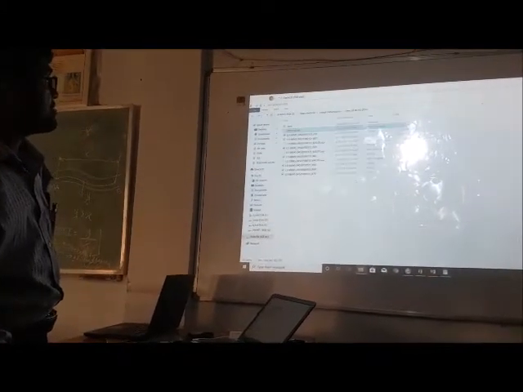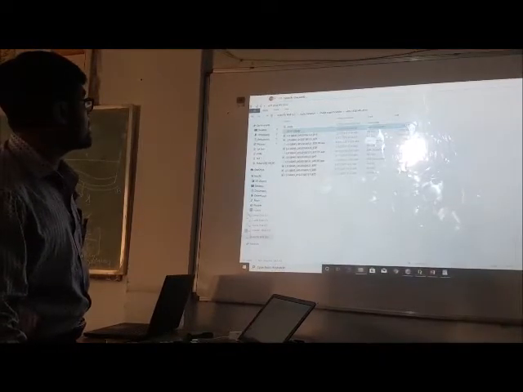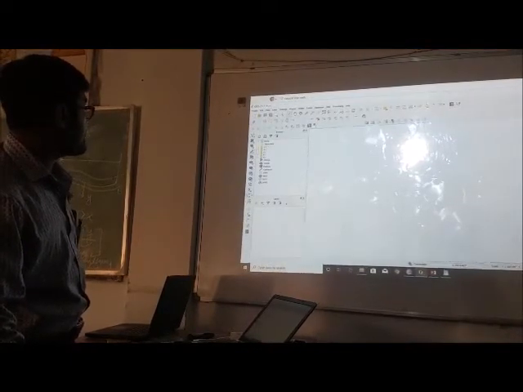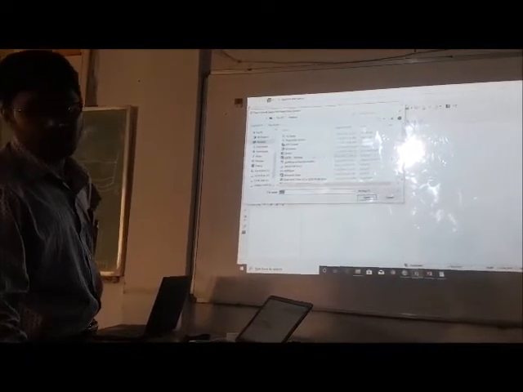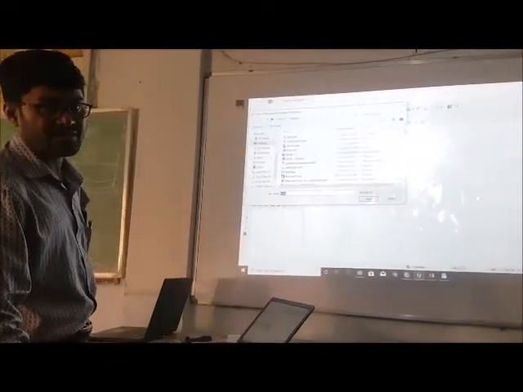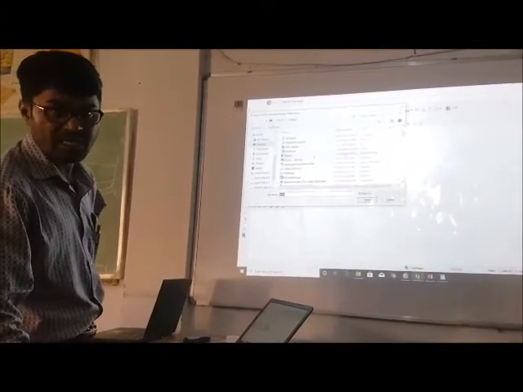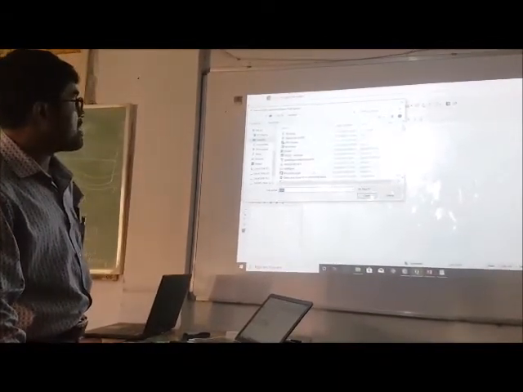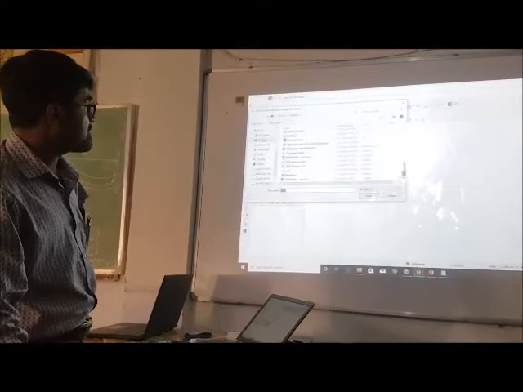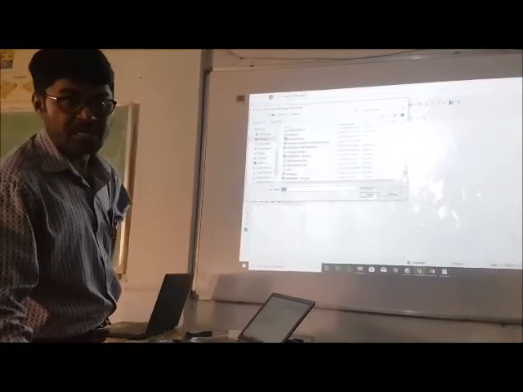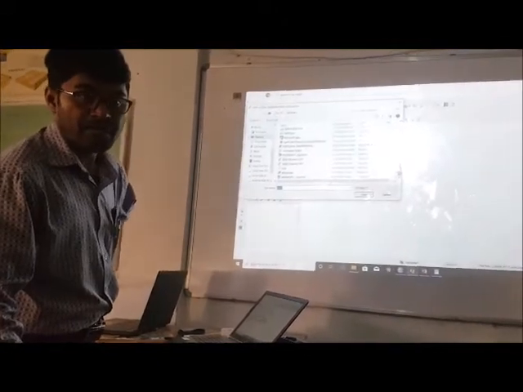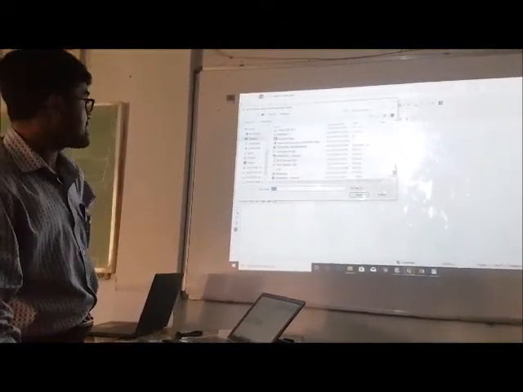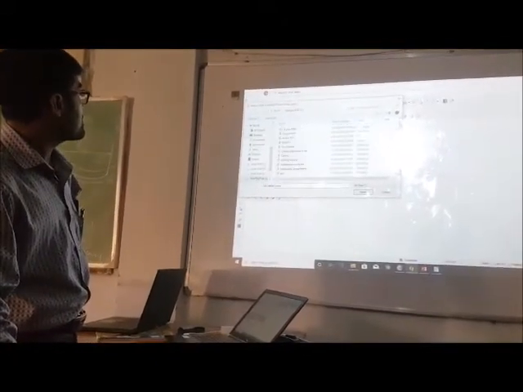Now we will open separate bands in the QGIS platform. I will take another class on QGIS, but now I am directly opening the bands and showing you the application of different bands.